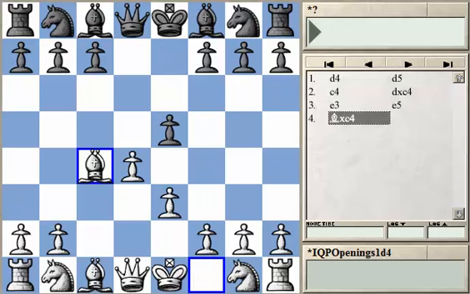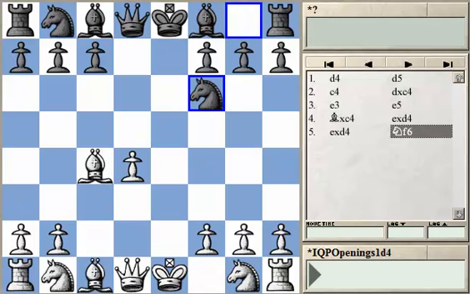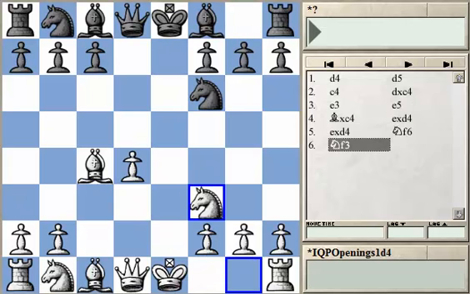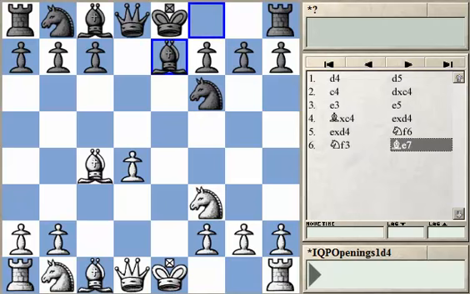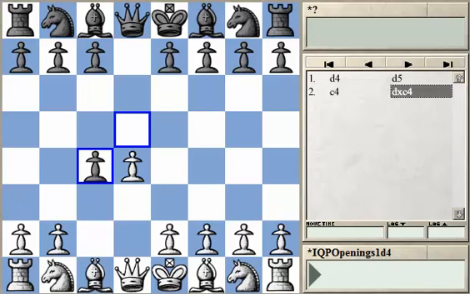bishop takes, and then, not that they always play exactly that order, but there you go, isolated d-pawn, and black might just develop and maybe play that to restrain the d-pawn. White puts his pieces on active squares, castles, plays rook e1. Okay, that's one way to do it. A little bit more of a main line would be playing here first,